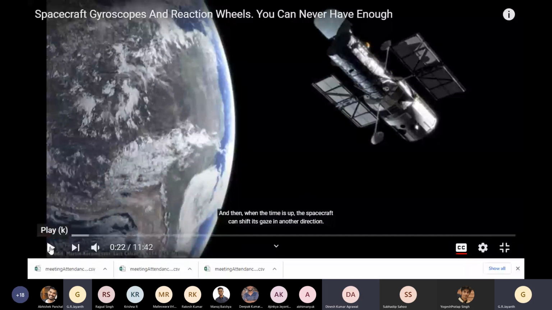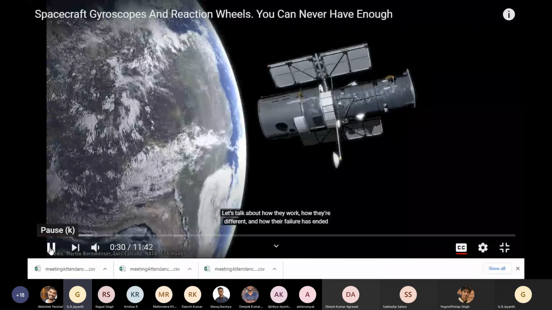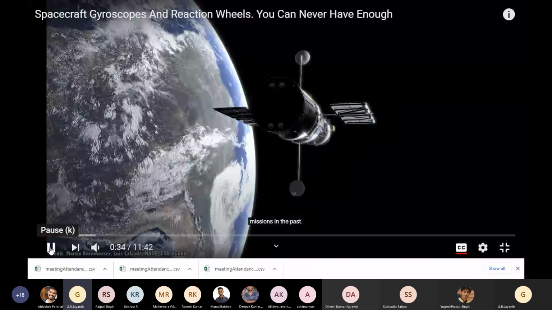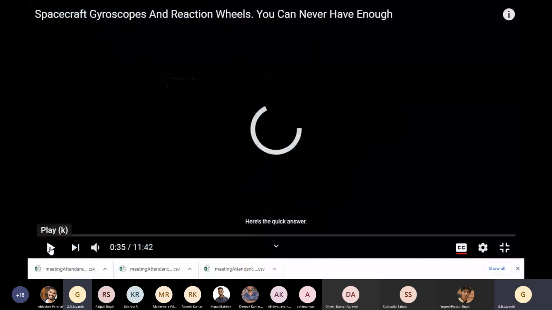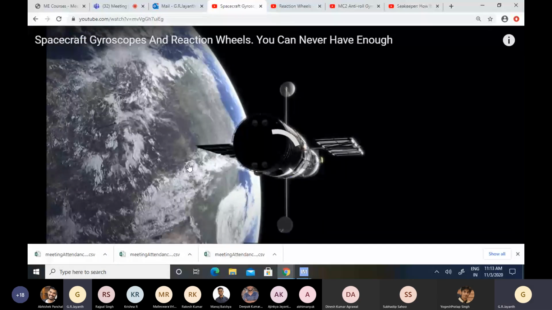So let me just play the video for a few seconds and you will see how the orientation of the telescope is changed. So they close the telescope, okay, and then they change the orientation. They get it to point in a different direction altogether. And now the telescope will be able to stare at a different point in the sky. Okay, so this is accomplished not with just a single reaction wheel, because this involved rotation in 3 directions, but more generally you can have reaction wheels along